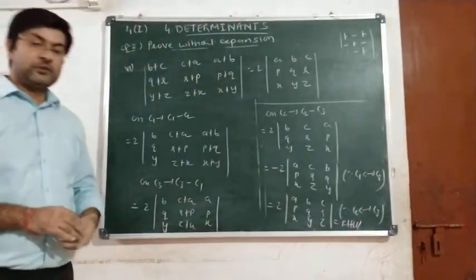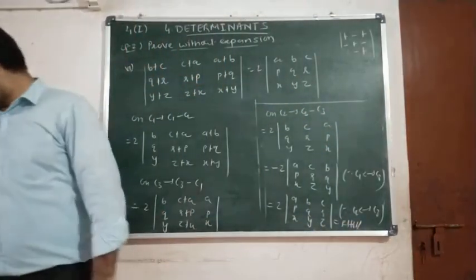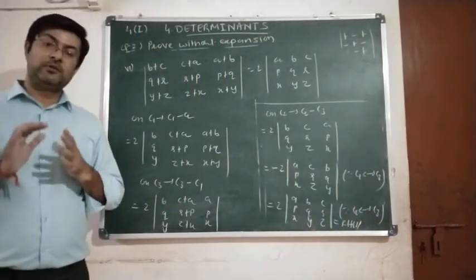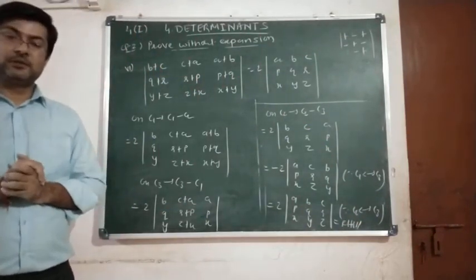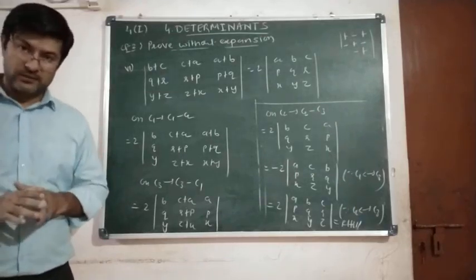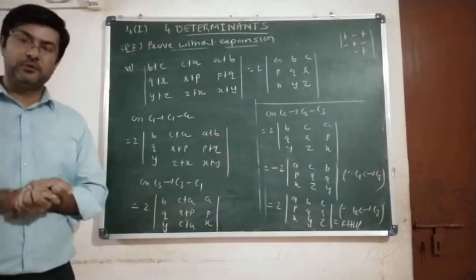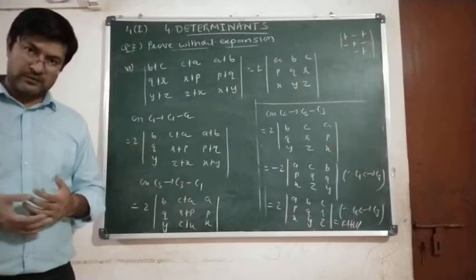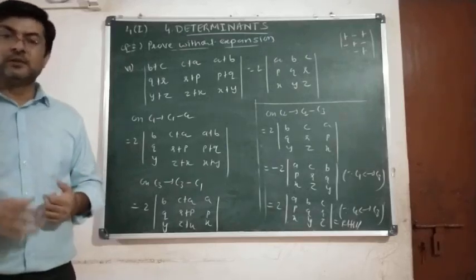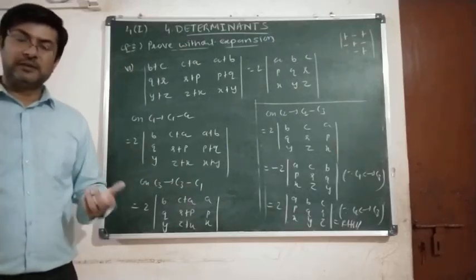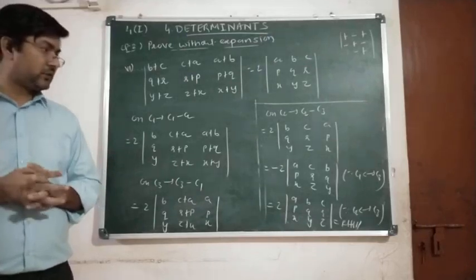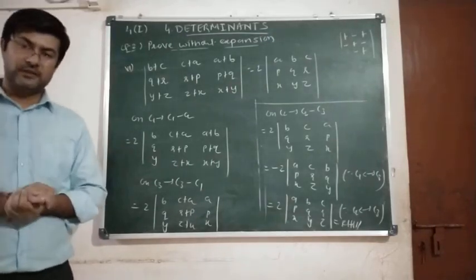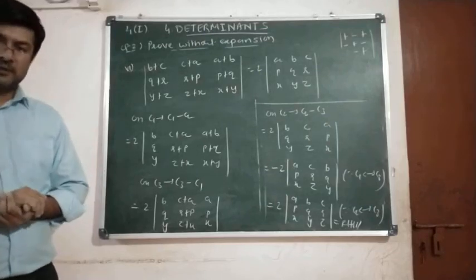Clear? So I hope you have understood all the questions explained today. If you want to be better in the chapter determinants, you have to remember the properties, the 12 properties which I have given to you. So again and again just revise the properties, try to understand. For any doubts you can get back to me, you can ask me anytime, yes or no, and next question onwards we will solve in the next video. By that time, thank you very much.